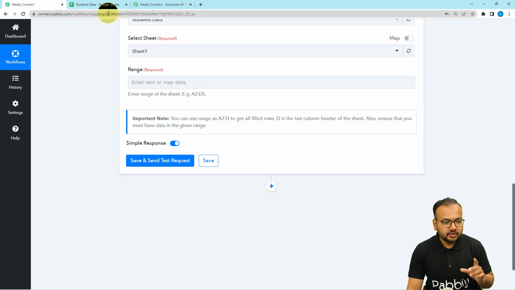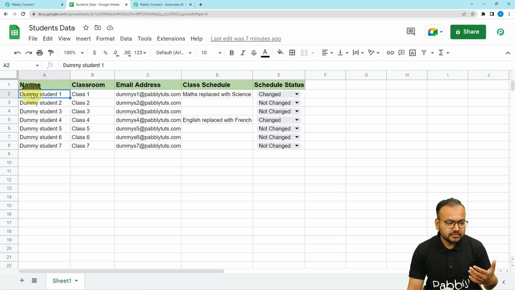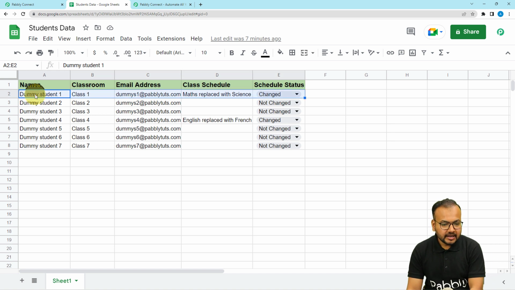Okay. So to get the range, you just have to go to your spreadsheet and start selecting the data. Do not include the headers. Start selecting from here, where you have the actual data. So I am selecting the data. I have selected the first row. Then you have to start selecting down till the last row of data you have, and you can see